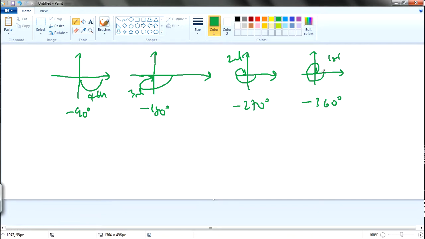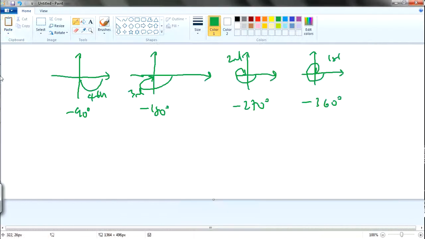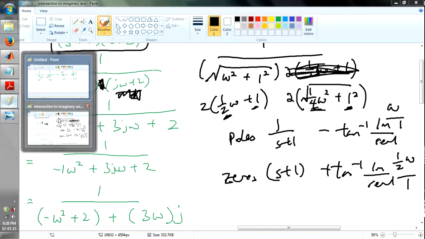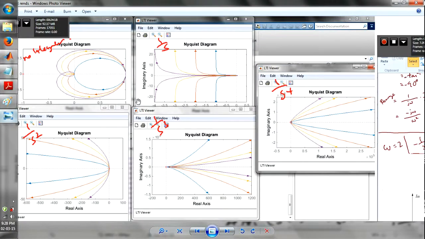So yeah, this is the case. So these are the trends you need to know. And because how do you know this trend? From your phase angle, if you were to take note of the